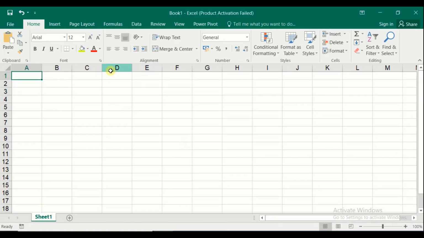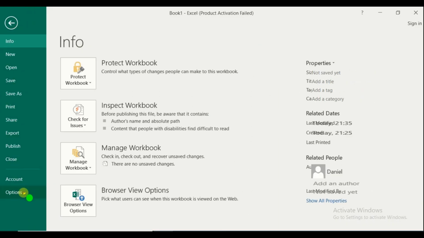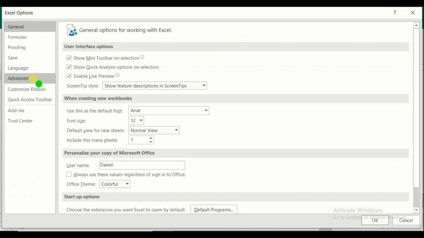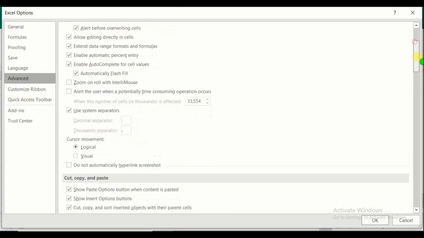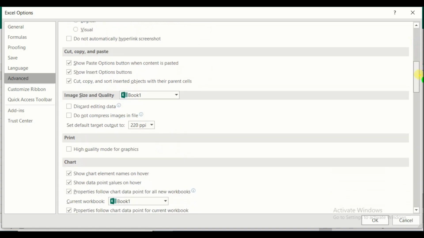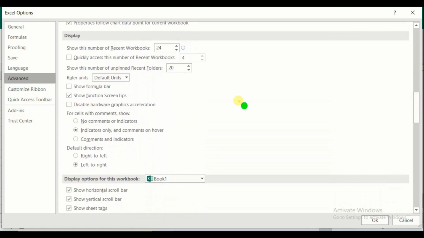Okay, yes, the formula bar was here, I unchecked it, and the formula has disappeared. To retrieve the formula bar, go back to the options, advanced functions, and display category, then check formula.